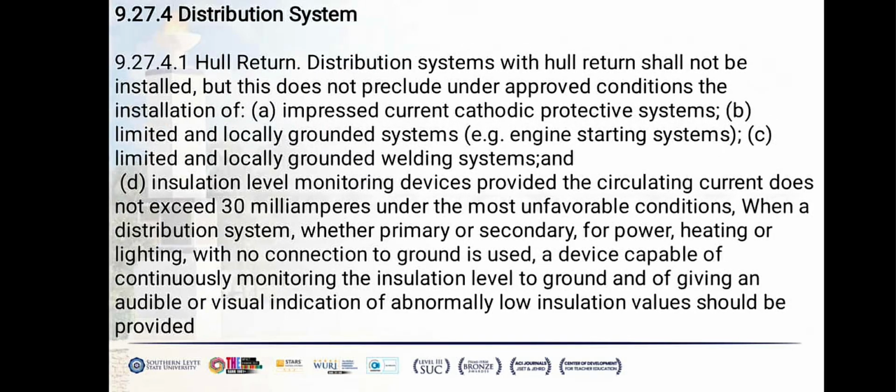Distribution systems with hull return shall not be installed, but this does not preclude, under approved conditions, the installation of A. Impressed current cathodic protective systems, B. Limited and locally grounded systems or engine starting systems, C. Limited and locally grounded welding systems, and